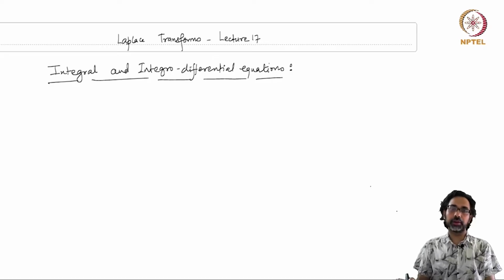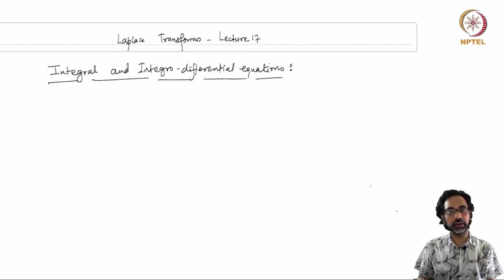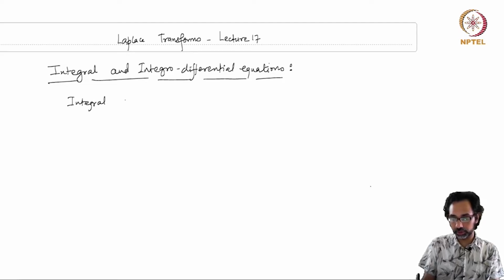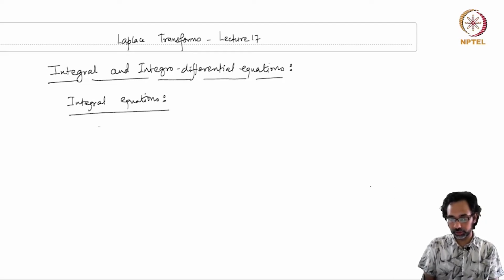Now we come to our next topic, which is integral and integro-differential equations. So the general form, let's begin with integral equations. The general form that we will consider